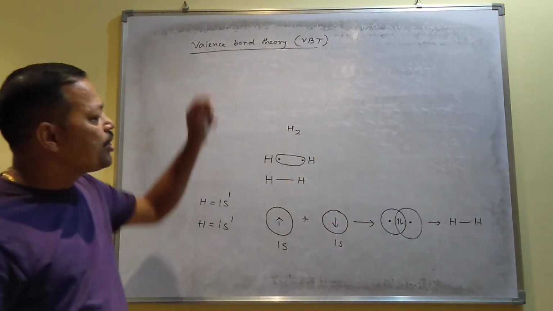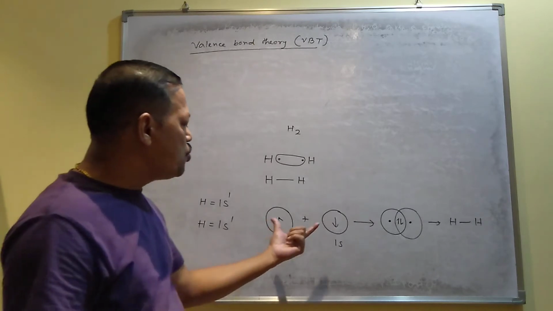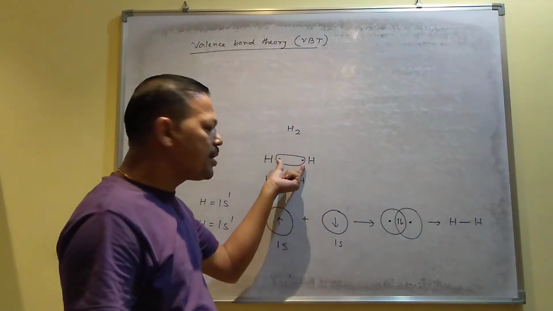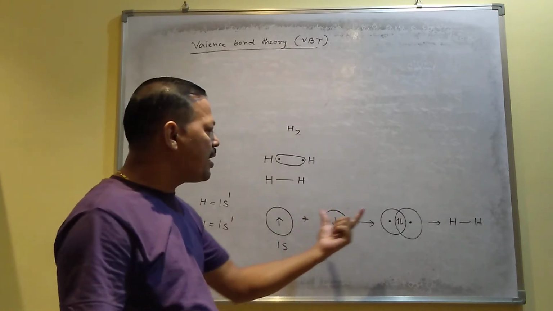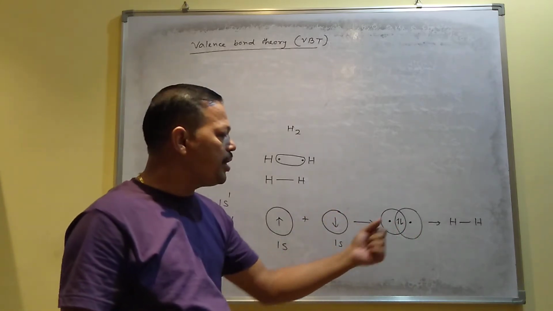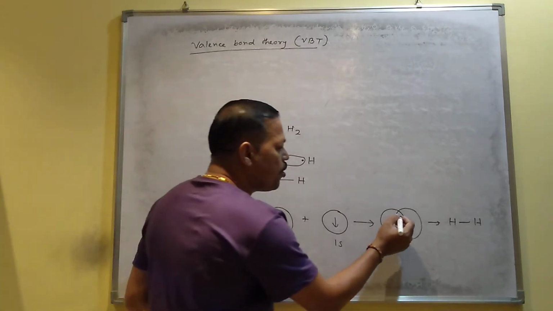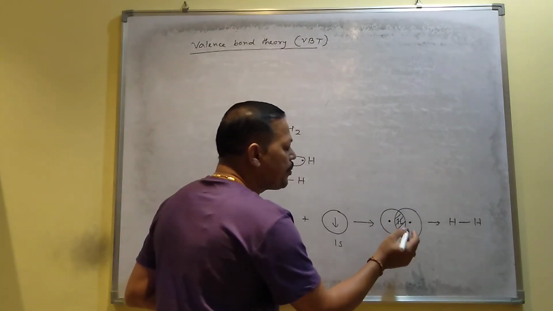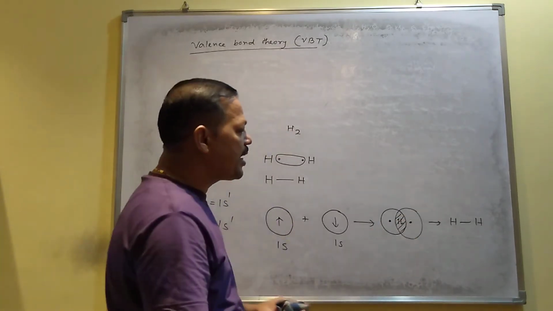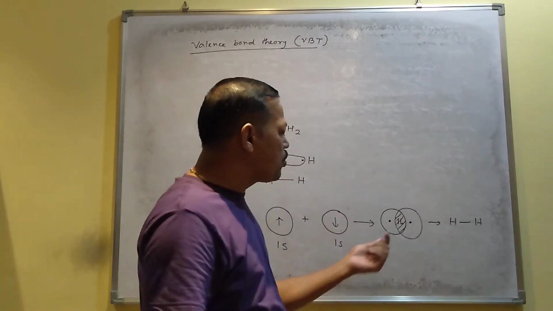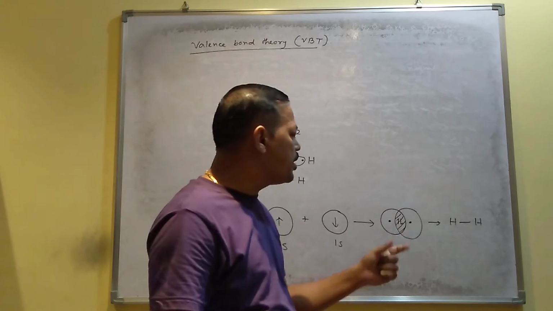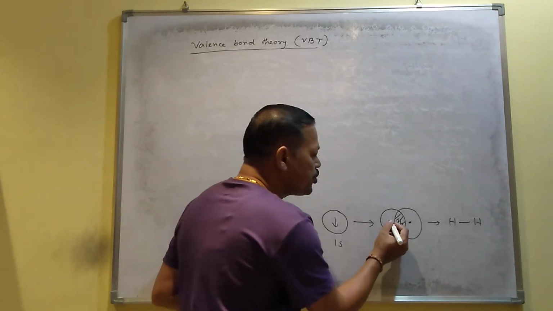So this is according to valence bond theory. When two electrons take part in sharing, the orbital also involved in sharing. The orbital undergo overlap like this way, and during their overlapping, you will get some overlap area, and in this overlap area, both the electron will undergo sharing, and they will produce the covalent bond. What will be the length of the bond? Whether the length will be shorter or longer, it depends on the position of the nucleus.